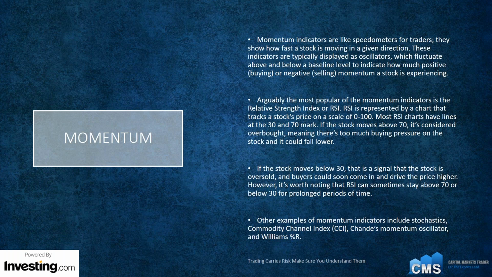Momentum indicators are like speedometers for traders. They show how fast an asset is moving in a given direction. These indicators are typically displayed as oscillators. These fluctuate above and below a baseline level to indicate how much positive or buying momentum an asset is experiencing. So these, and they're very popular in the market, are RSI and stochastics, because these are what we call bounded